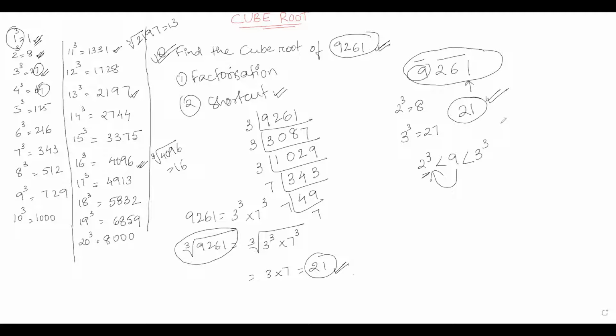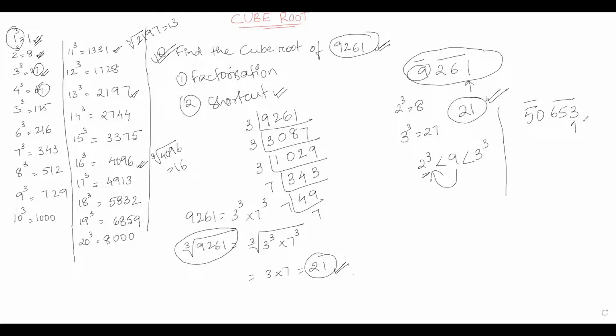Okay, so now let us take one more number of which we are going to find the cube root. So let us take 50653. I hope you would be able to find the cube root of this number using the factorization method, where we need to simply find the factors of this number. So let us try to use the shortcut way. Again, let us club 3 digits from the right hand side. So this is 653, and this is 50.